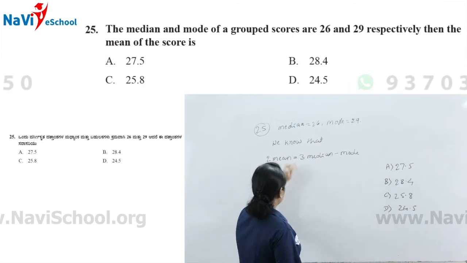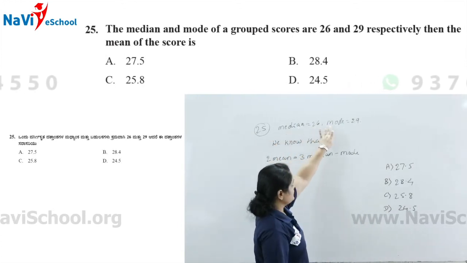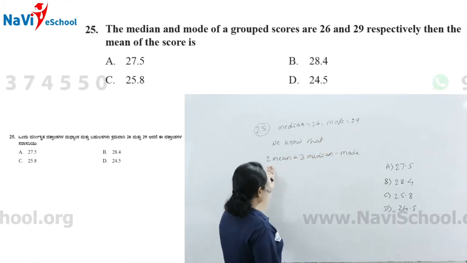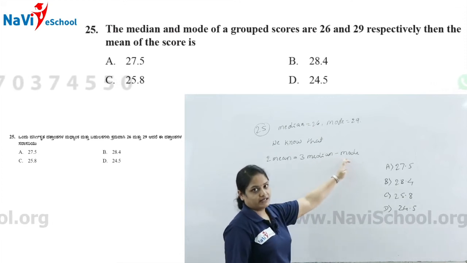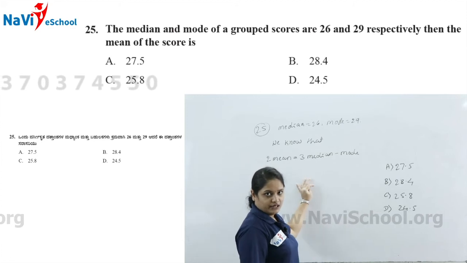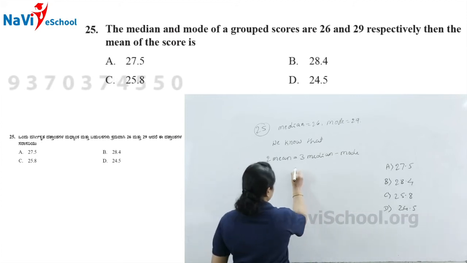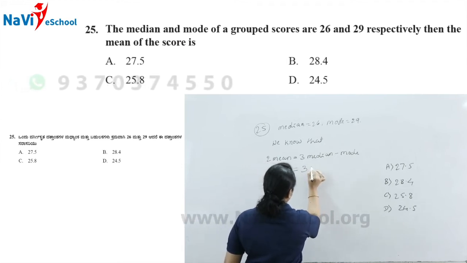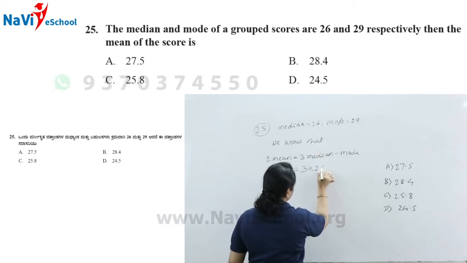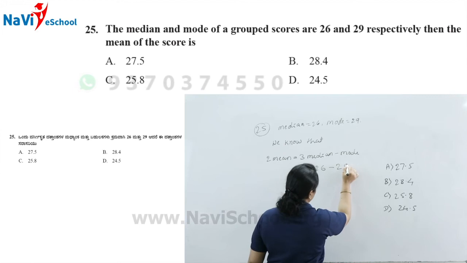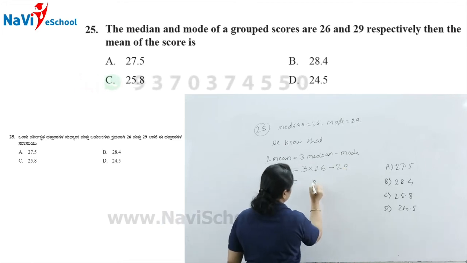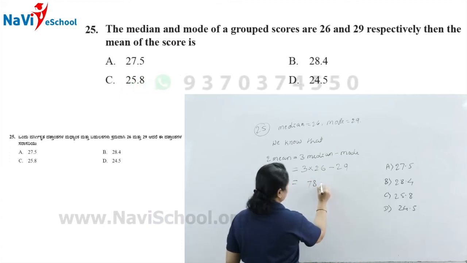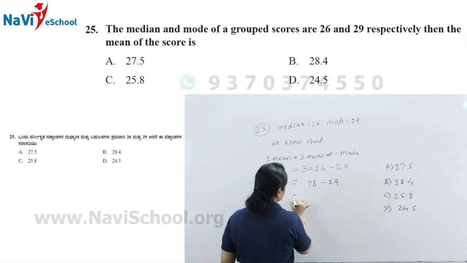Here children, already we know that median is equal to 26, mode is equal to 29, and we know that the formula is 2 mean is equal to 3 median minus mode to find out the mean, isn't it? Substitute the given values in this, you will get 3 into median, which is 26, and mode is 29. 26 3s are 78 minus 29, which gives you